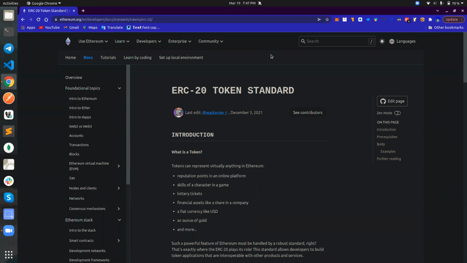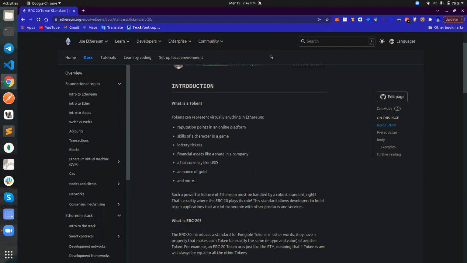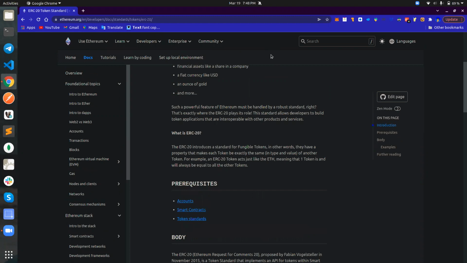So that takes us to the ERC20 token, the ERC20 token standard. The ERC20 token standard was proposed in 2015 by Fabian Vogelsteller. One of the main reasons for the proposal is to have a single interface which all fungible tokens must implement, so that it's going to be easy for